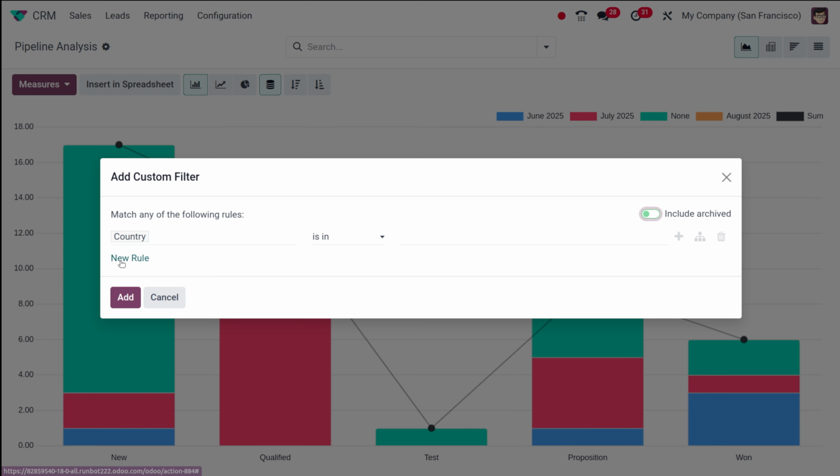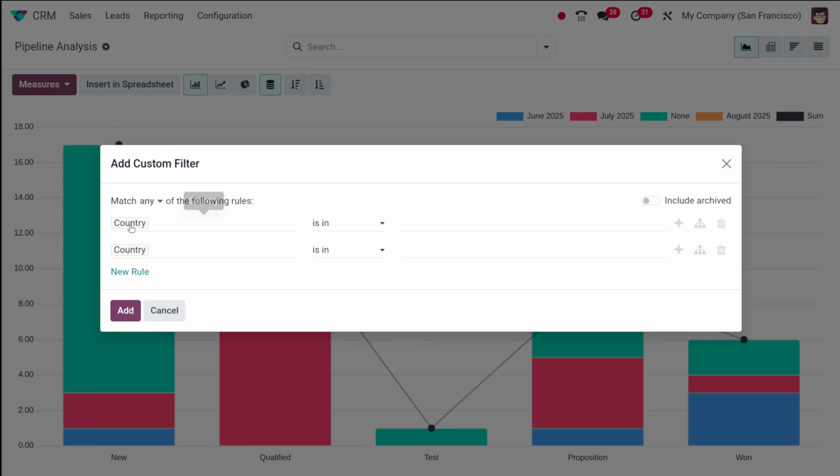So for that, you have to click on new rule, and then change this to match all. Okay. So new rule is what we are going to create here. Now this ensures a lead only shows up if it meets every single criteria we set, making it a true quality lead. Okay, so we have already given match all of the following rules.